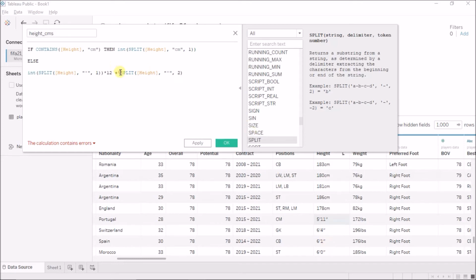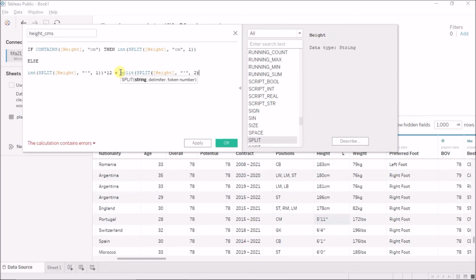So I now have to again split this result. So I'll say again split this output result on the delimiter of, now since my delimiter is now the double apostrophe, I cannot enclose it in double apostrophes, because if I do that it will tell me unterminated string. Okay, so how to do that? I have to enclose it in single apostrophes. Now I have to enclose this double apostrophe in single apostrophes.